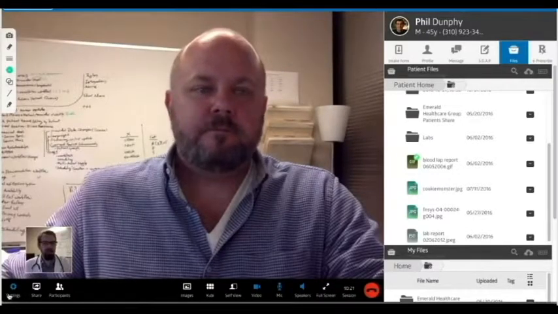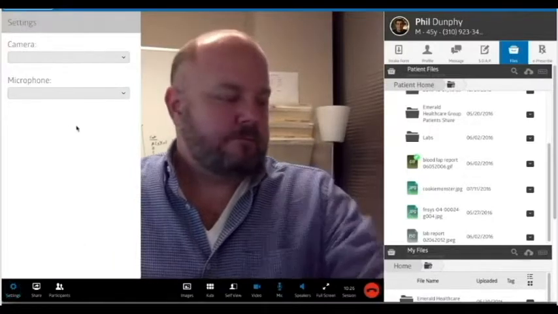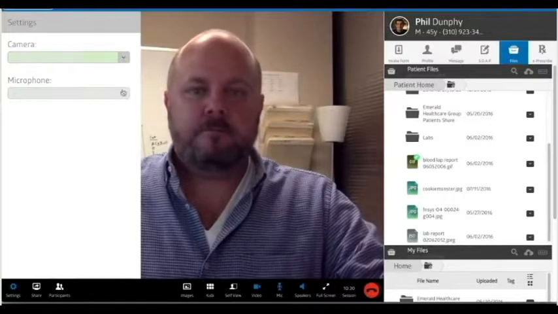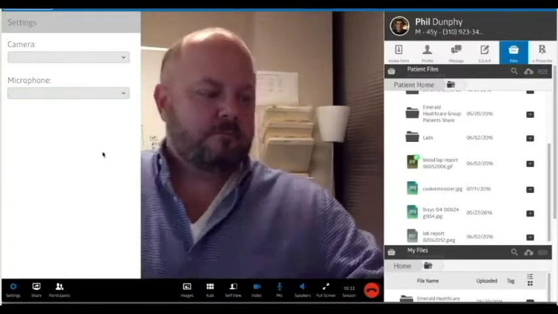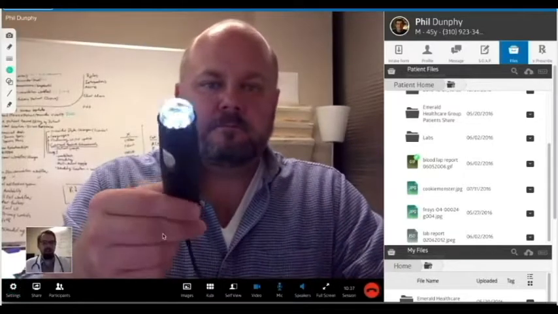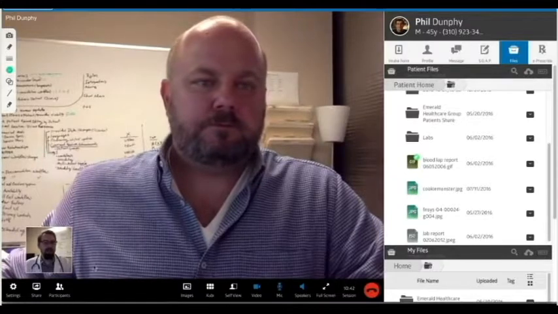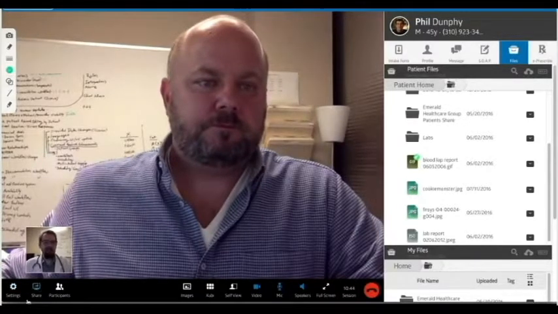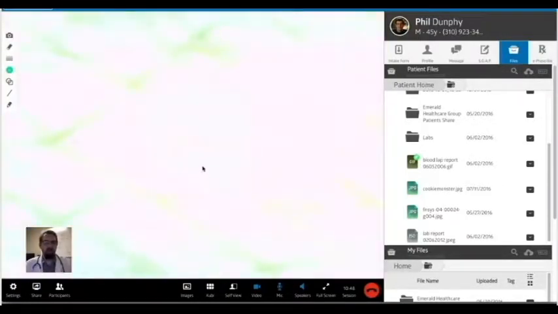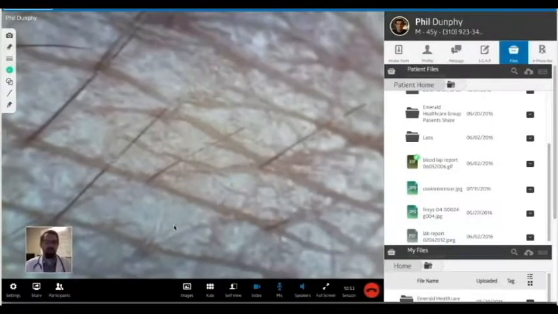The last button over here is our settings button, and this immediately opens up our platform to the use of computer-connected medical devices. Really anything the platform can see as a camera or a microphone. Things like your digital stethoscope, your digital otoscope, or in our case, our little digital dermatoscope. And from the patient side, our patient's simply going to plug that in, select that as the camera from the settings panel. You'll see the video toggle over, and we are immediately getting high-resolution diagnostic imagery directly within the consultation